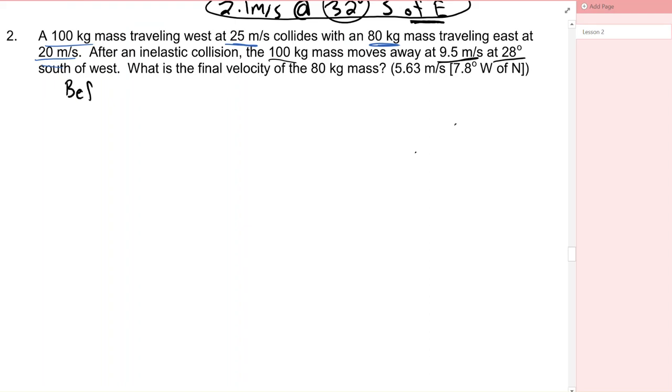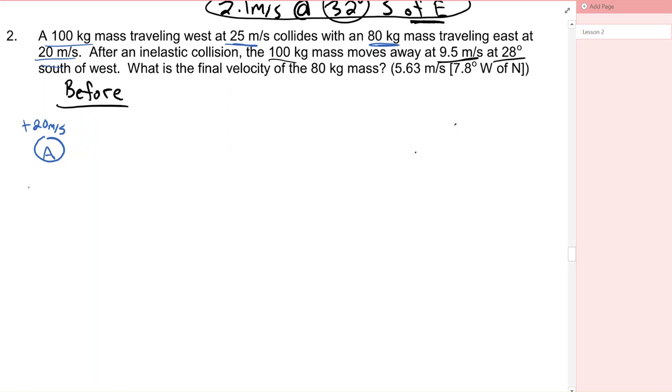So we'll have a before, okay? And sometimes it's easy to just call them ball A and ball B. Sometimes it gets a little bit confusing, but I'm going to call mine ball A. In this case, they are both in the x direction, so I'm going to make them both blue. Everything in the x is the same color, everything in the y is the same color. So ball A is going to have 20 meters per second